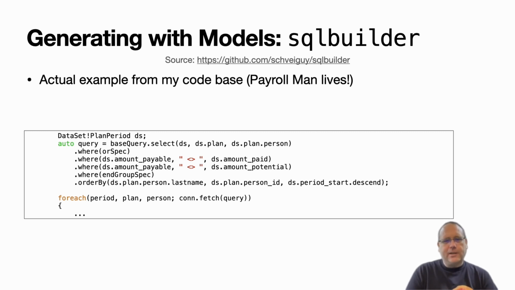And I only want to see it where the amount paid is different than the amount payable, or the potential for payment is different than the amount payable. And then we have ordering, same thing, DS, plan, person, last name, all those are data sets until the last name is actually a column definition. And same thing with person ID, and then you have the descend function, which can tack on a descend to the